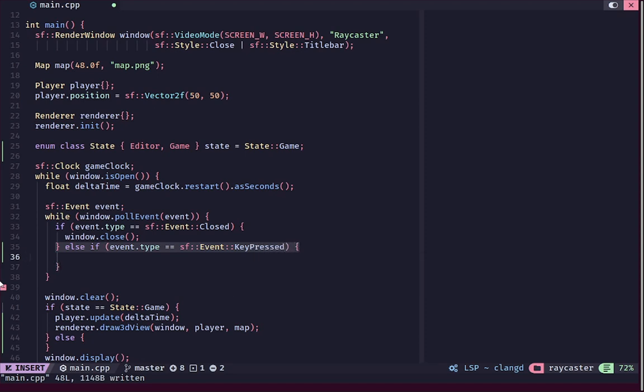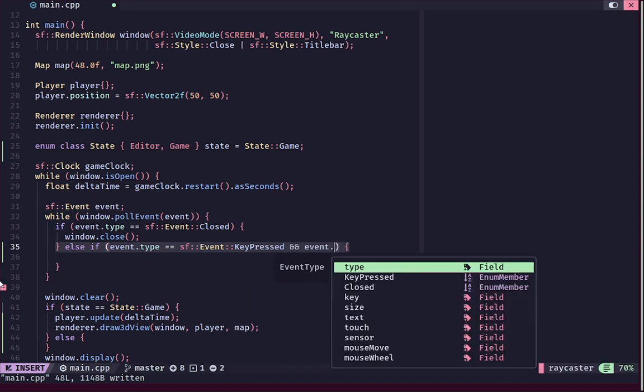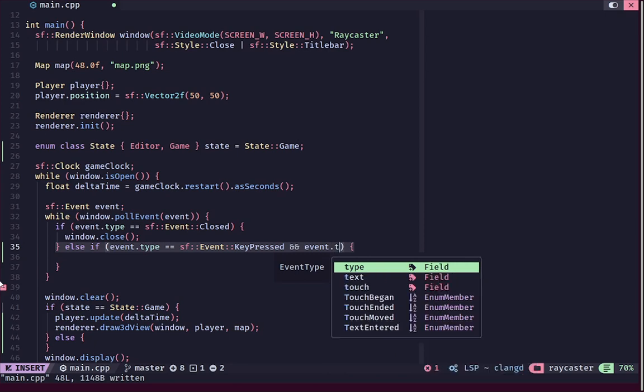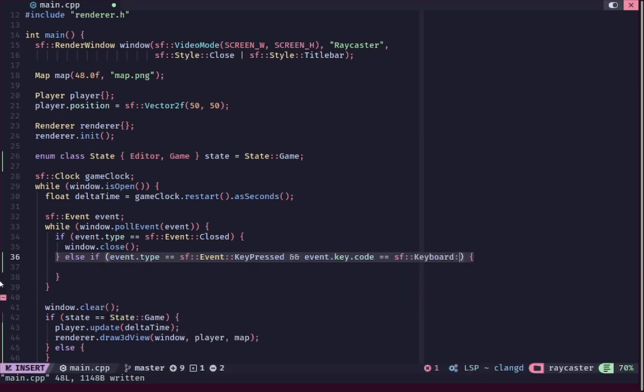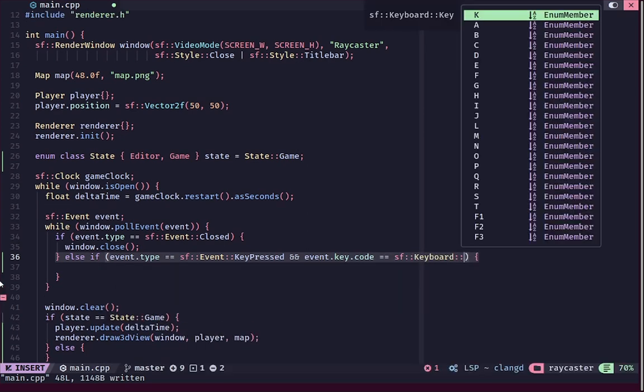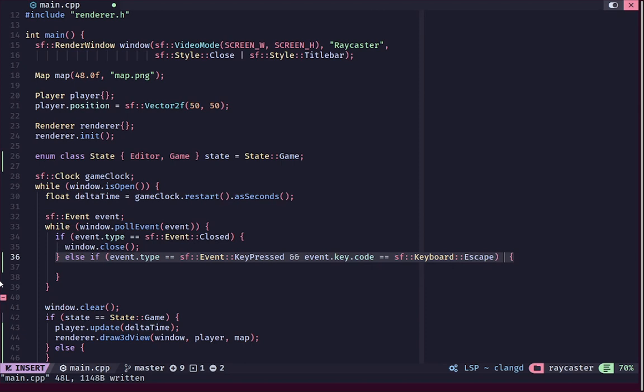So we are going to change that to key pressed, and if that's the case, that's the event that we got. Then another thing we'll need to make sure is that since we only have one condition to handle, we're going to say our event dot key dot code is equal to sf colon keyboard colon, and we are going to basically use escape here. You can use any key you want, of course. I'm going to use escape, and if escape is pressed, we'll toggle